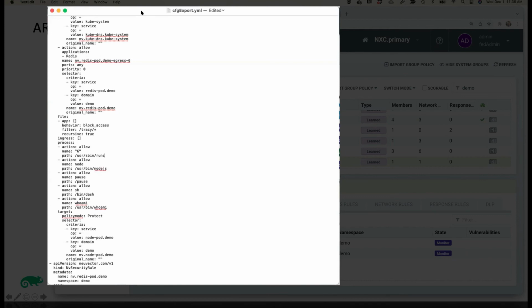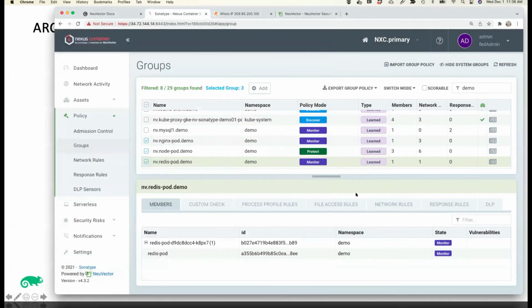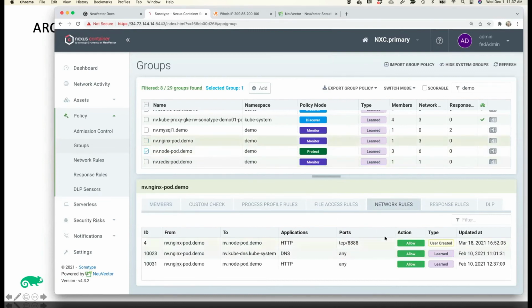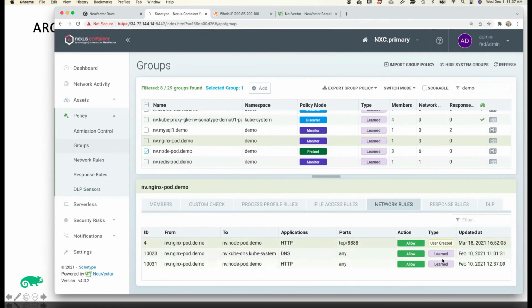And when I'm ready to promote this into the production environment or into another environment, maybe a mirrored production environment, I simply check it out and push this, kube control apply this. And all of these rules that we see here will show up in that production environment. However, in that production environment, if I look at these rules, for example, these say learned rules for the network rules. And instead of these showing up as learned rules in my production environment, they're going to show up as CRD